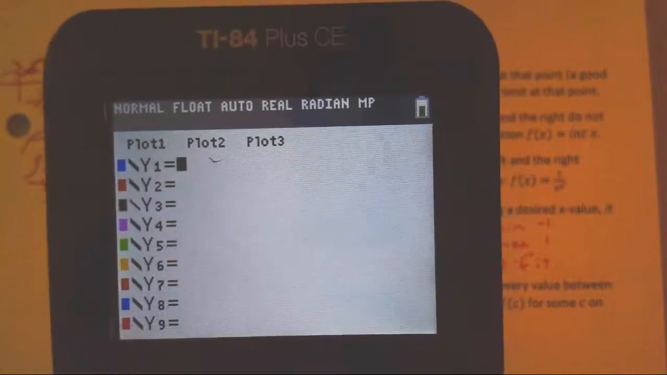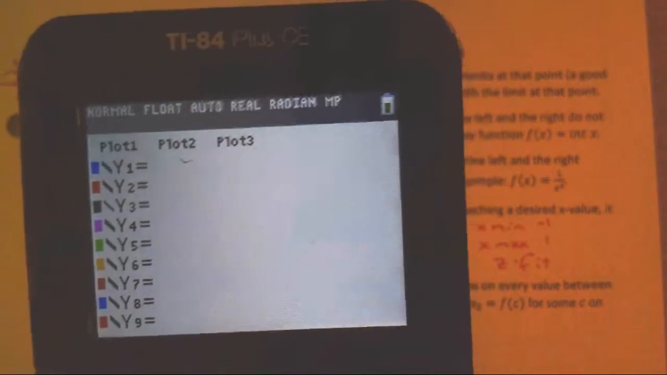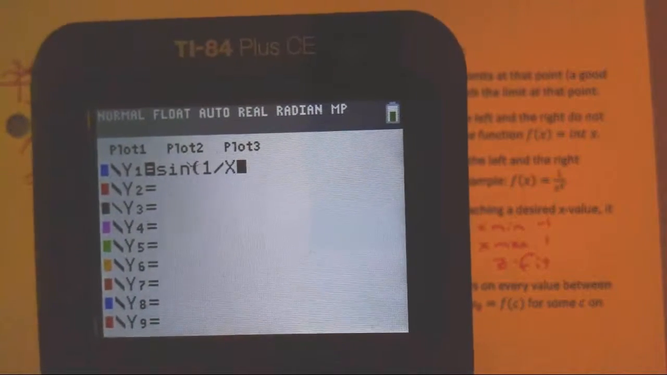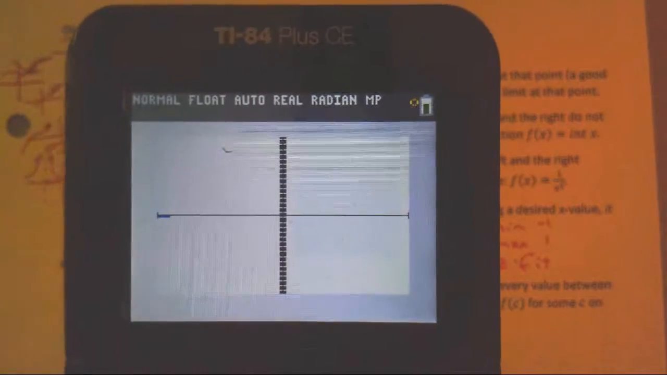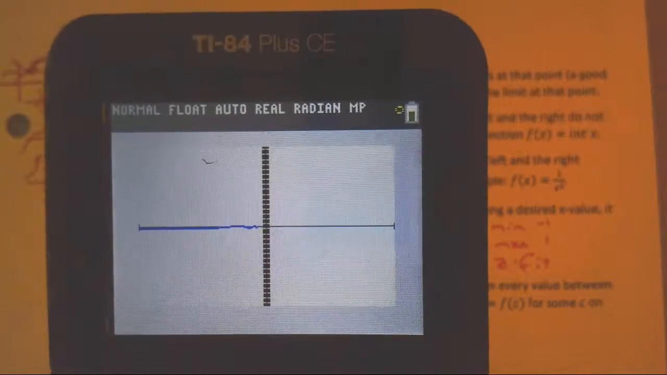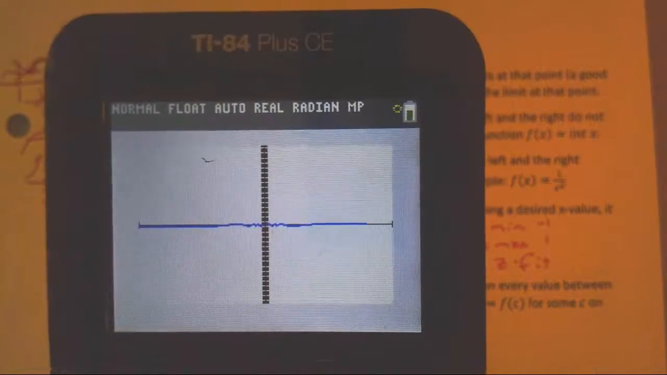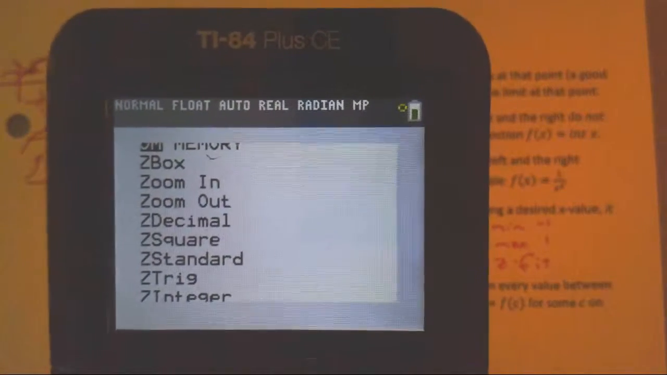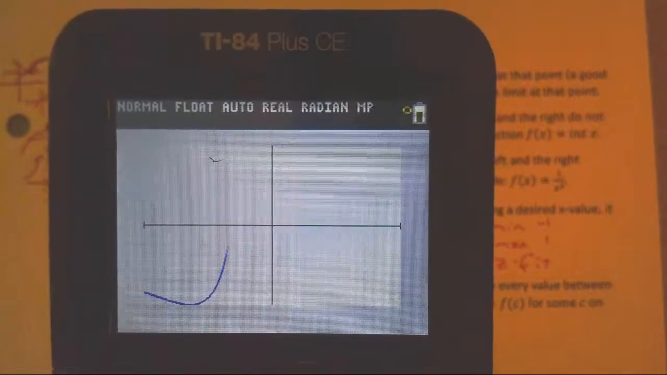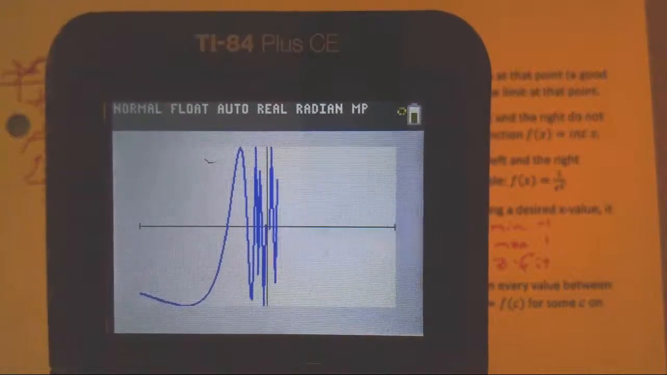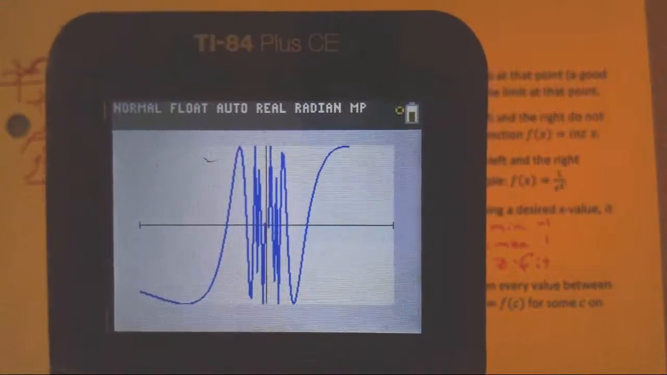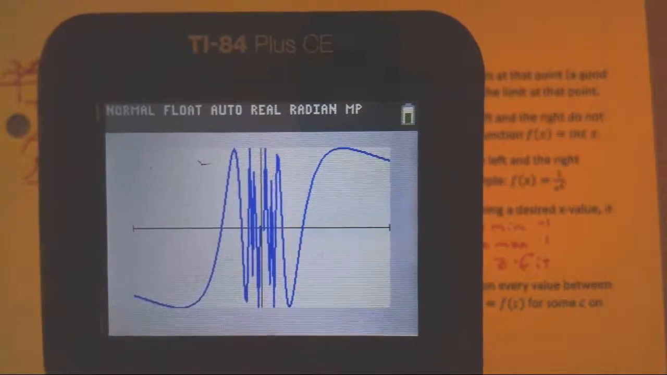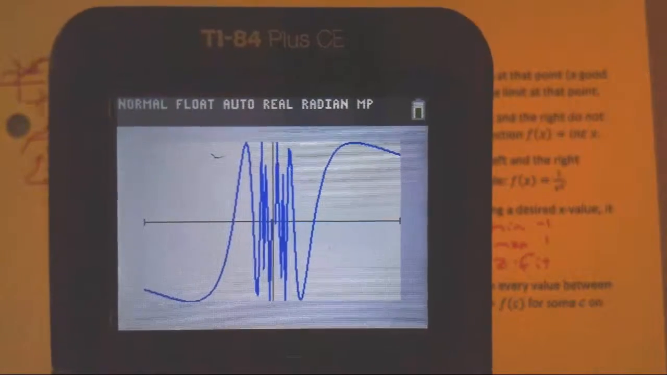Let's try that again. We've got sine of 1 divided by x. I didn't zoom fit. Zoom 0. Pretty boring and then pretty spastic. So, if I'm interested in what's going on around 0, which seems like the interesting point, I'm going to